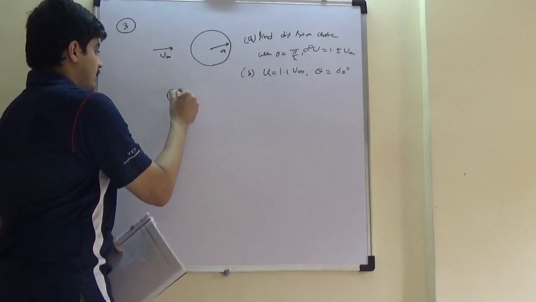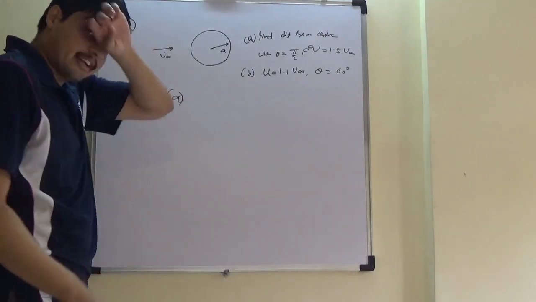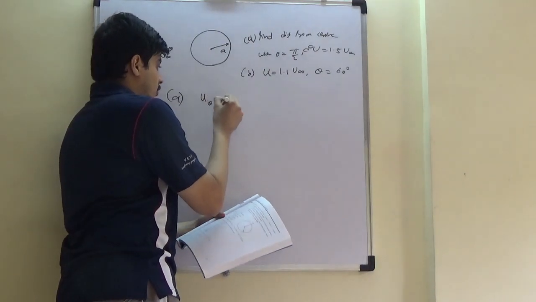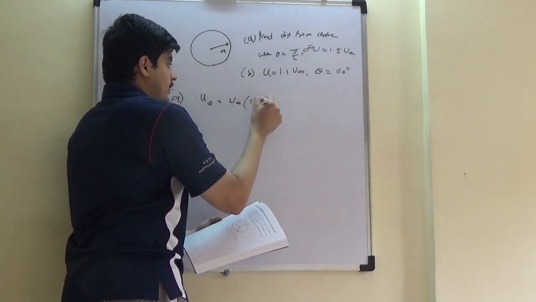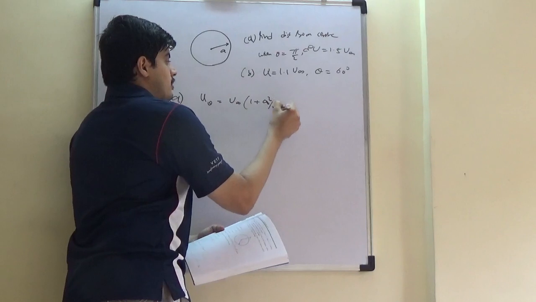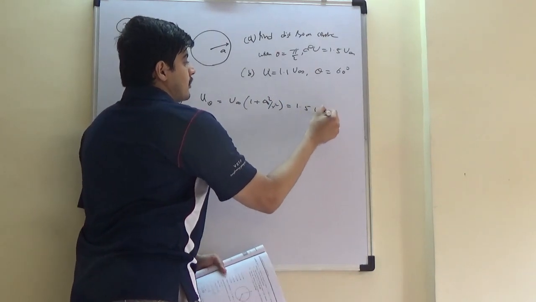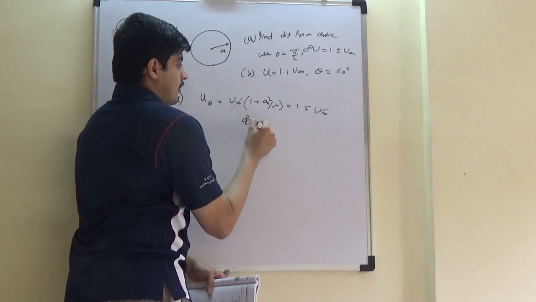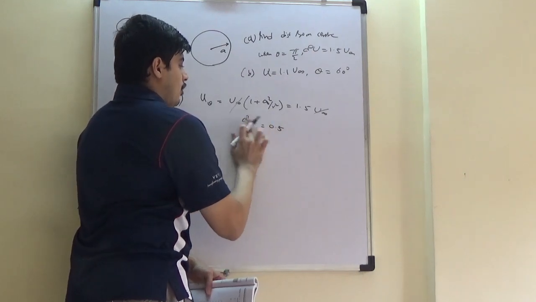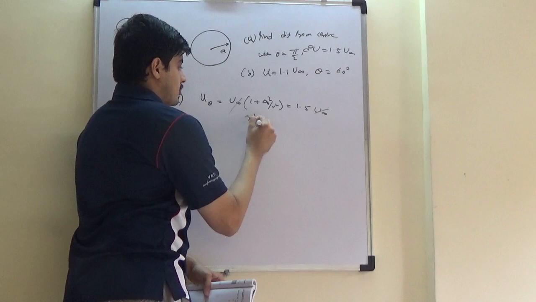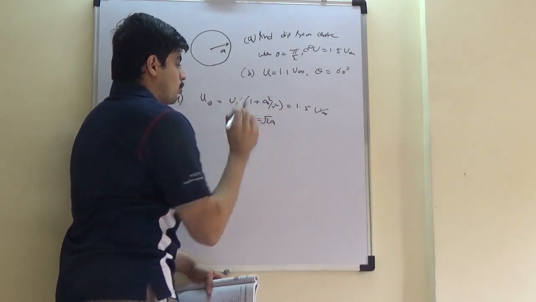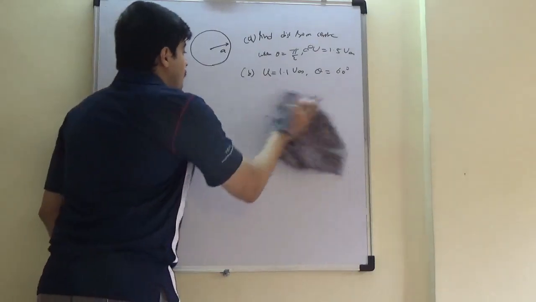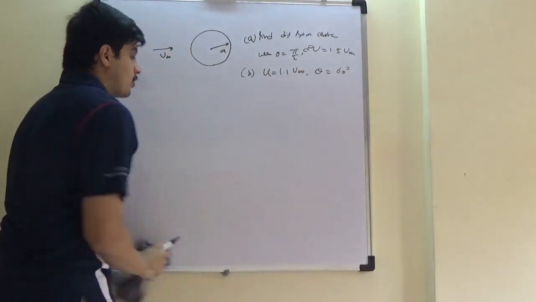I think the first question should be straightforward. At 90 degrees we know ur is 0. What is u theta? The u theta component is u infinity times 1 plus a square upon r square, which is 1.5 times u infinity. So a square upon r square is 0.5, or r square is 2a square, r is root 2a. First answer straightforward, scoring question, never mess up. Second question,